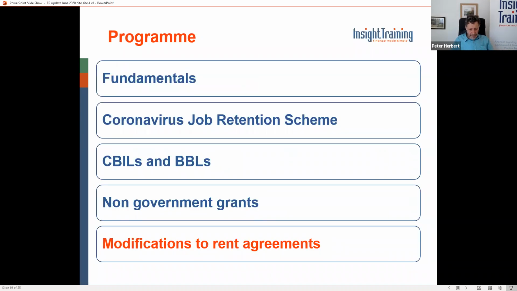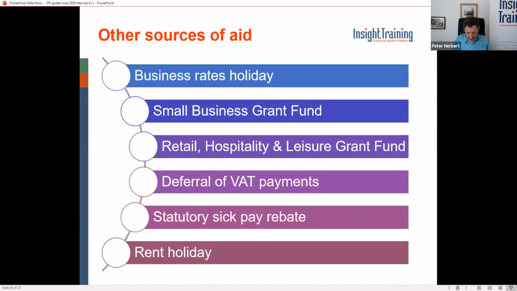The last thing I wanted to pick up, if I could briefly, on today's short session is modifications to rent agreements. Now, there are a range of different sources of aid available to entities in the current climate. I've not covered in any way, shape or form here the top 5 on that list, limited in time. But as I said, the one that I think is interesting in terms of accounting issues is the bottom one,